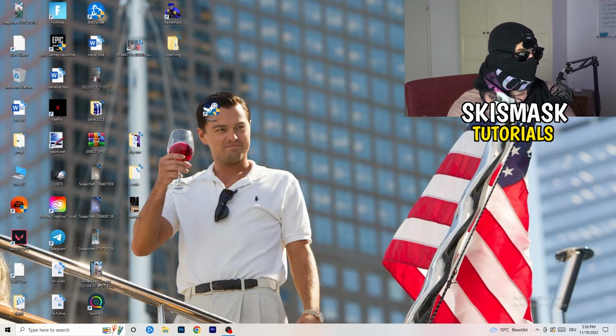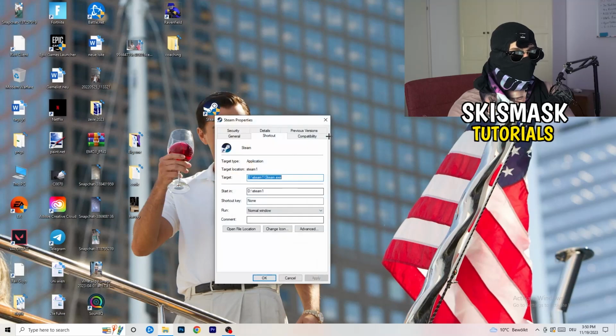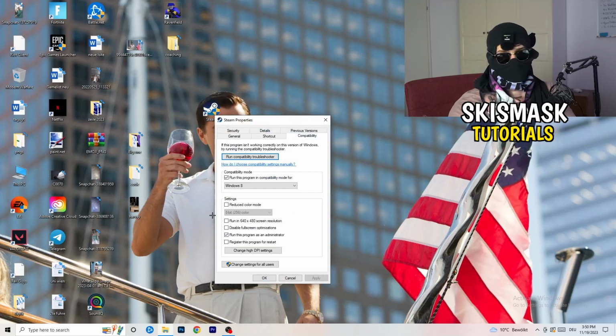If it doesn't, you're going to take your in-game shortcut on your desktop if you have one, and do the same thing to it. So right click, run as an administrator, or properties, compatibility, copy the settings,